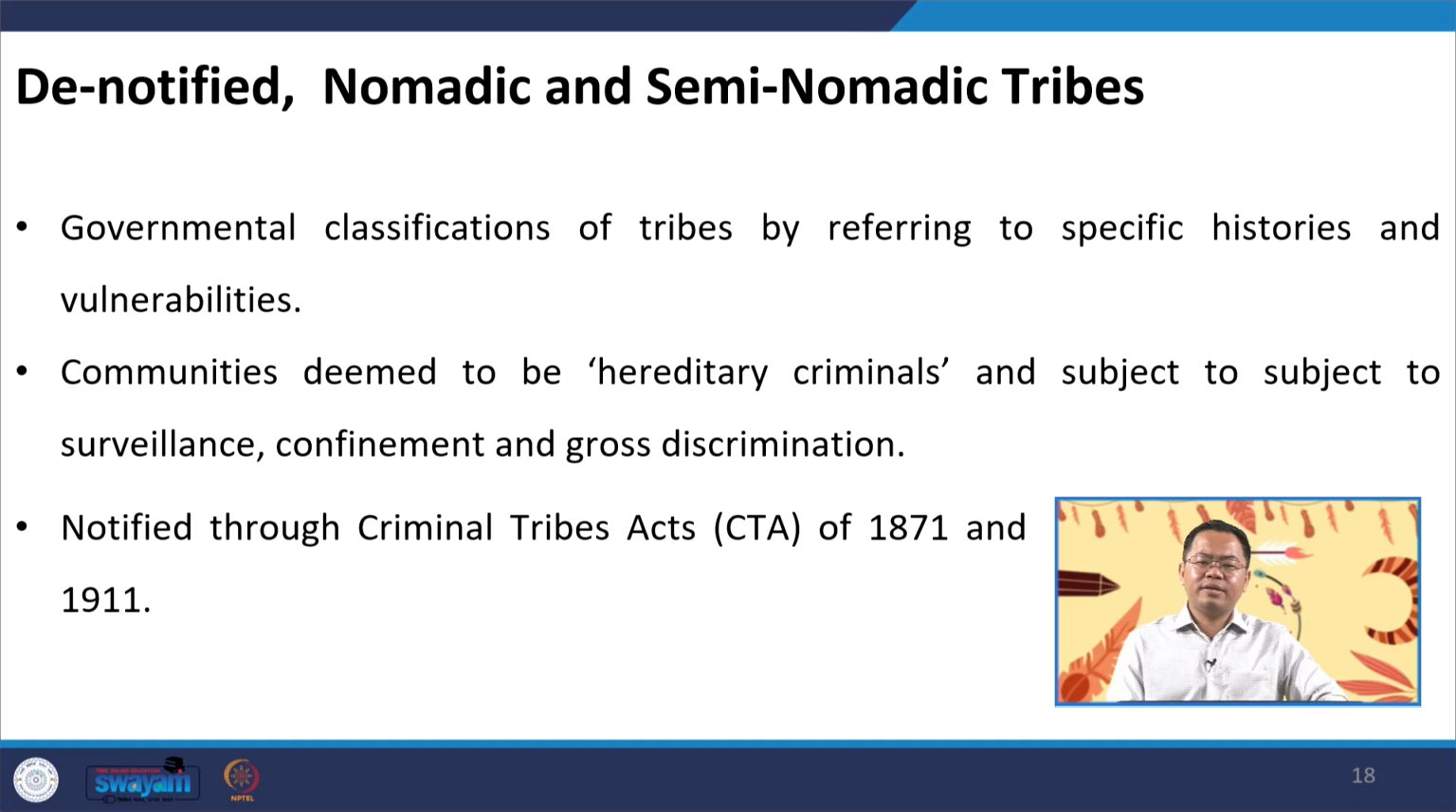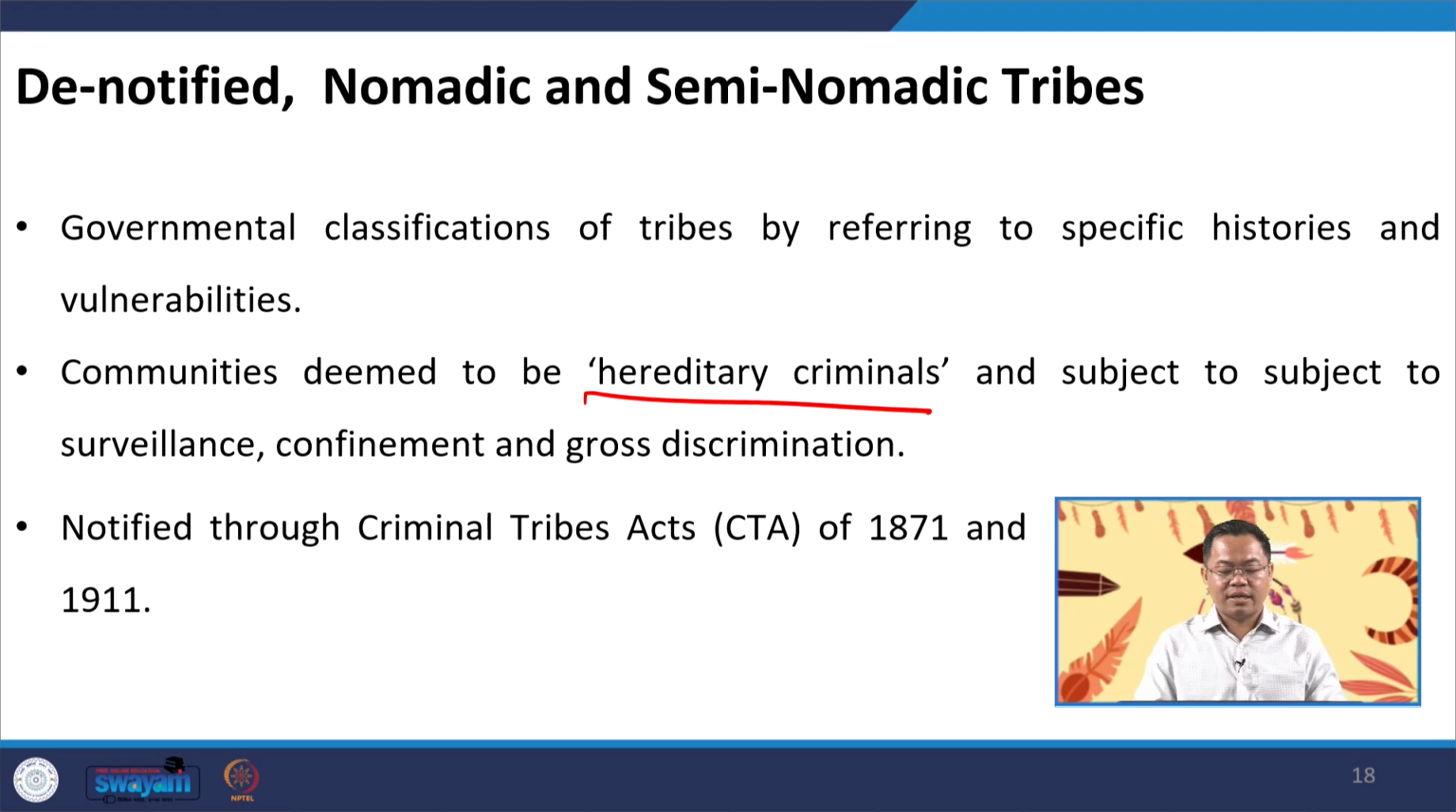Now, the communities today who are identified as denotified, nomadic and semi-nomadic tribes were first identified as criminal tribes by the colonial state with the introduction and the passing of the Criminal Tribes Act of 1871. Under the Criminal Tribes Act, there were several communities who were given the tag criminal. They were considered to be hereditary criminals, and therefore they were subjected to strict surveillance, confinement and